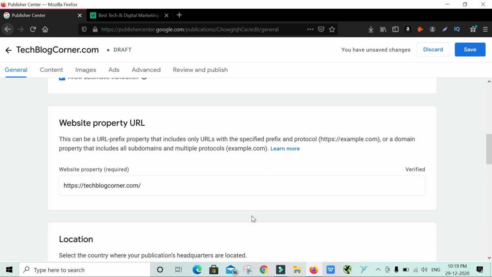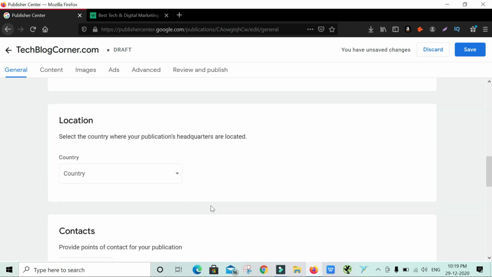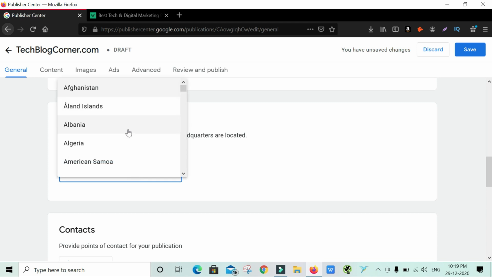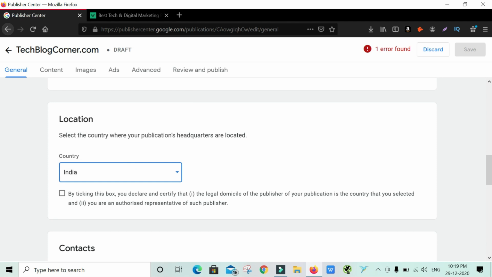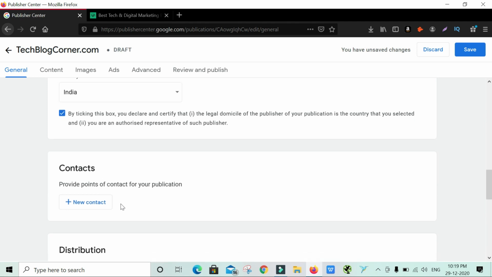That's why it is already verified. For the country, I'm going to select India, because this is asking to select the country where your publication headquarters are located. I'm from India, and the rest of the things can be checked.